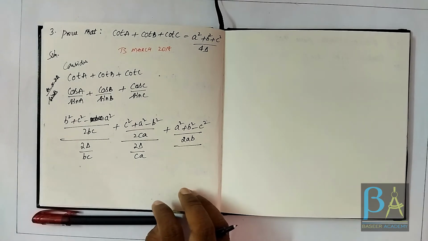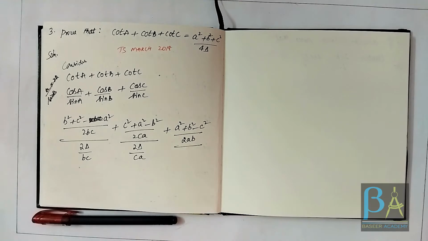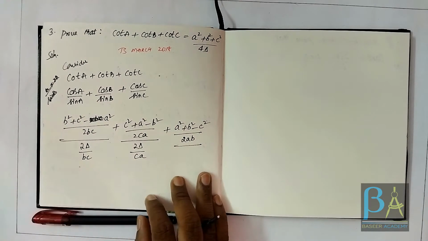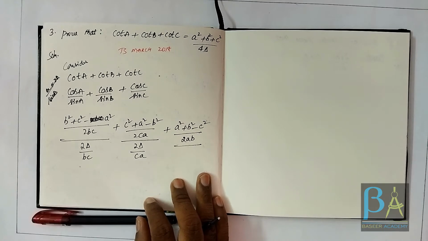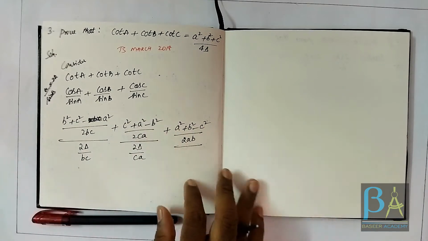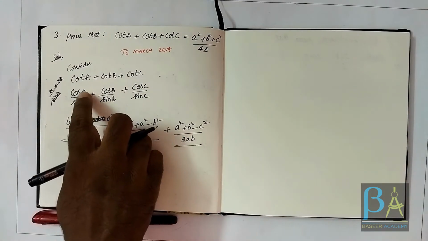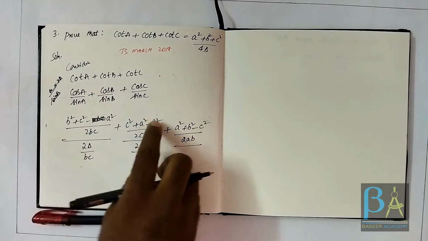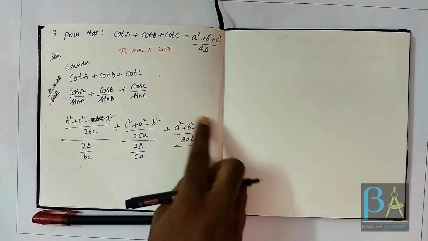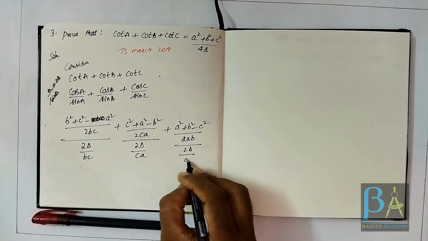You may watch one of my previous videos in which I talked about the sine rule, the cosine rule, the projection rule, the half angle formulae, and the area of a triangle formulae. So you can go through that video once just so you get a gist of what I am doing here. I'm just using the cosine rules and I'm writing cos A as this thing, cos B as this thing, cos C as this thing. Okay, sin C can be written as 2 delta by AB.